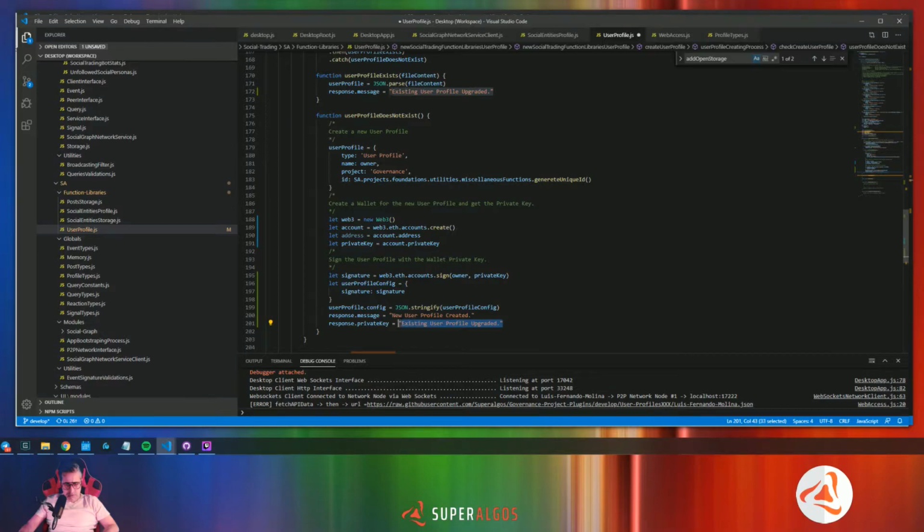I want to return the private key to the user interface, to the web app,